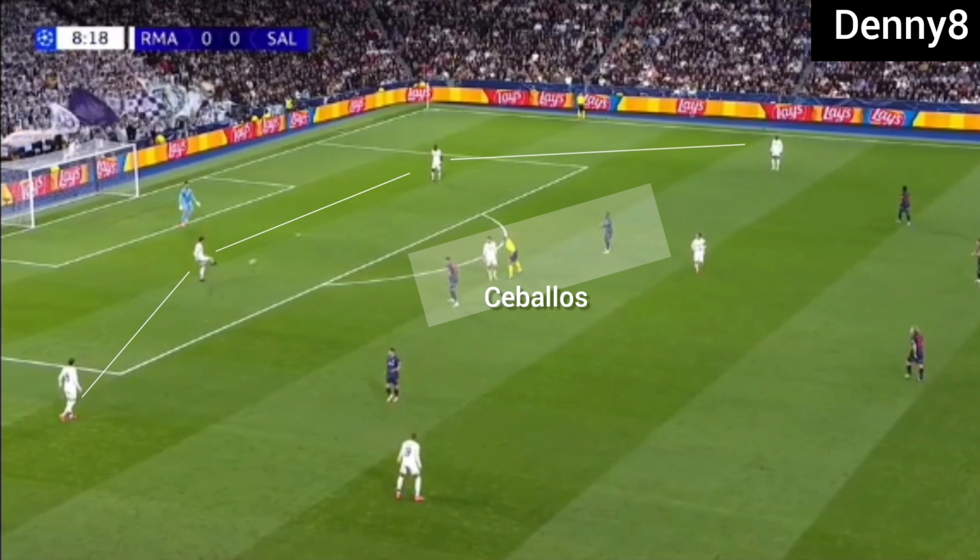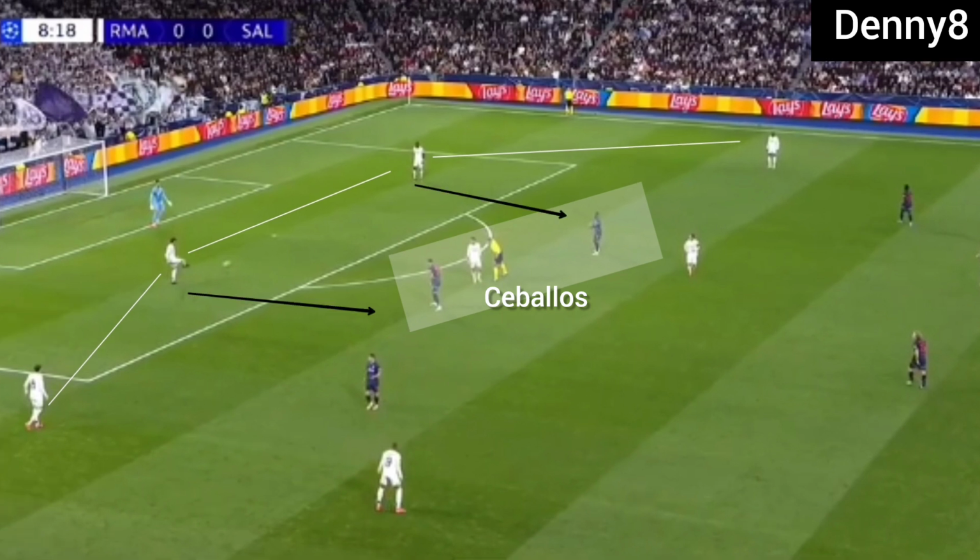Due to Salzburg's front two operating narrow, Real Madrid's pivot was under pressure from Salzburg's frontmen. So when Real Madrid was starting with short passes, Real Madrid's centre backs were not able to pass to the pivot. So when Real Madrid's centre backs were starting the game with short passes, then instead of vertical passes, they were playing horizontal passes.